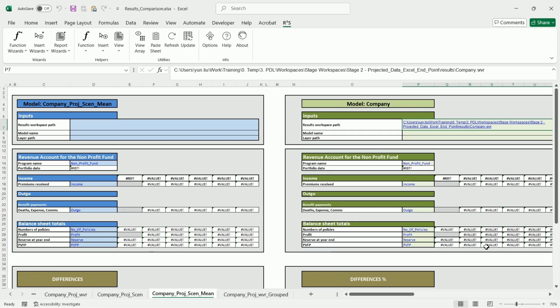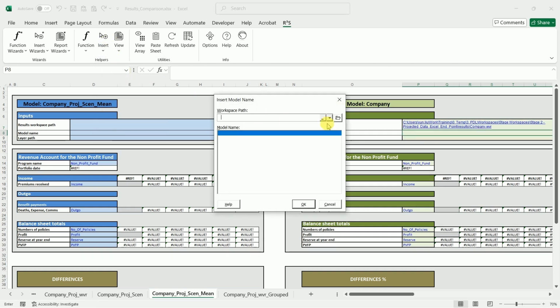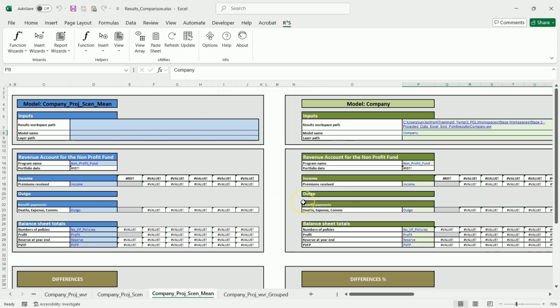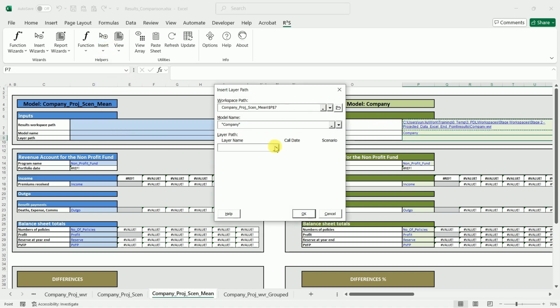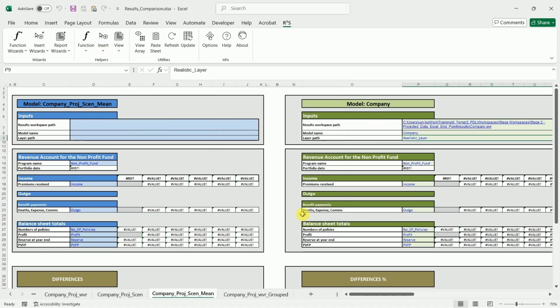Insert the model name and update the layer path. Now update the left-hand side with the result path for Company Proj Sen Mean.